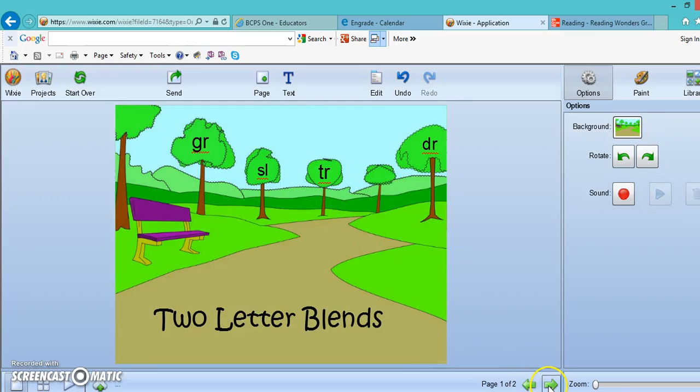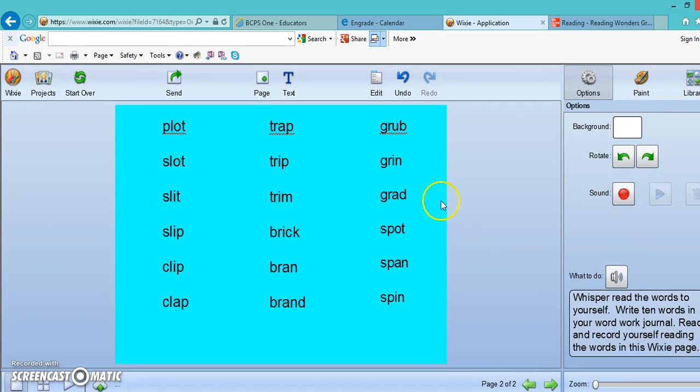Okay, just 2 pages. Here are the directions over here. Whisper read the words to yourself, write 10 words. I also record the directions so they can listen to what the directions are, and just hear some words for them to practice that we are working on, just to kind of have those words as a bank